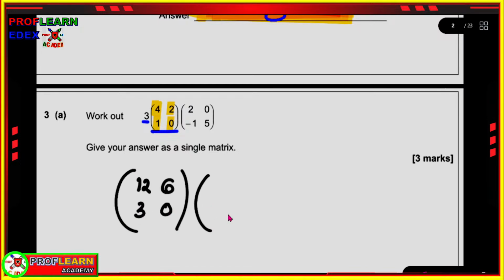And then this will be 2, this will be 1, this will be negative 1, this will be 2, this will be 0, and this is minus 1, and this is 5. So we are going to multiply row times column. So in order to get the answer to this, we are going to multiply